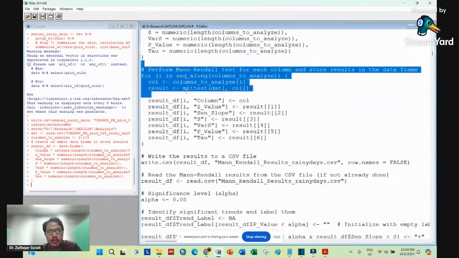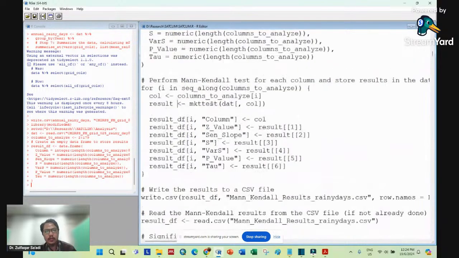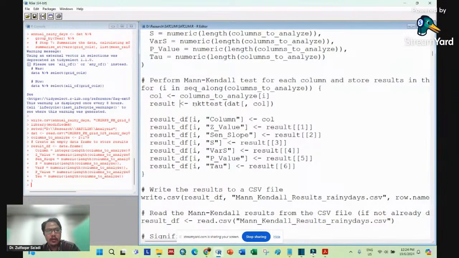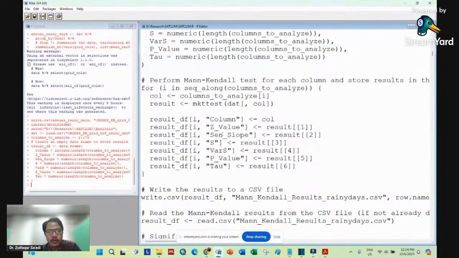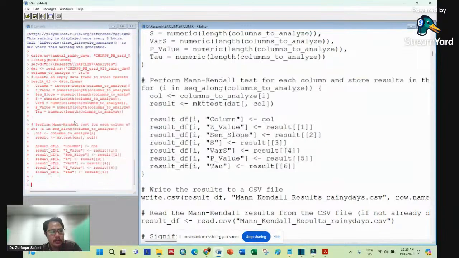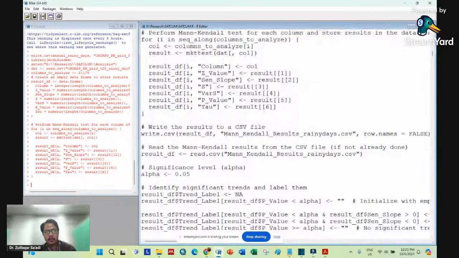So this is the Mann-Kendall test. You use this code to calculate it. You see here the MK test for each column, and then we extract the z values and slope as vars, p-value, and tau. We extract all of this result, and then we can run this one. See, it's very fast. And then we write the result